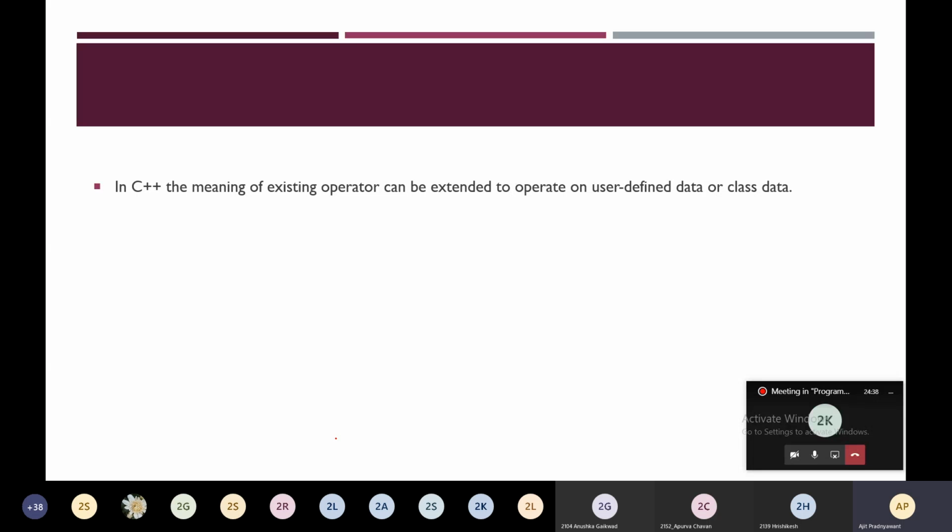So in C++, the meaning of an existing operator can be extended to operate on user-defined data types or class data.